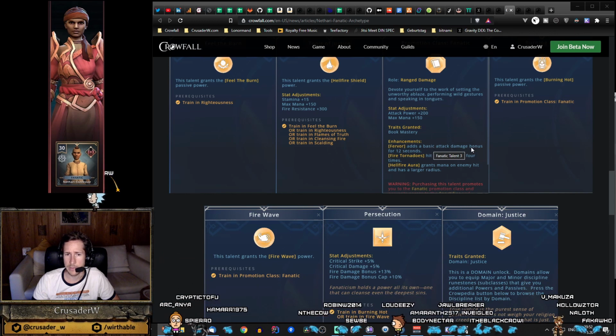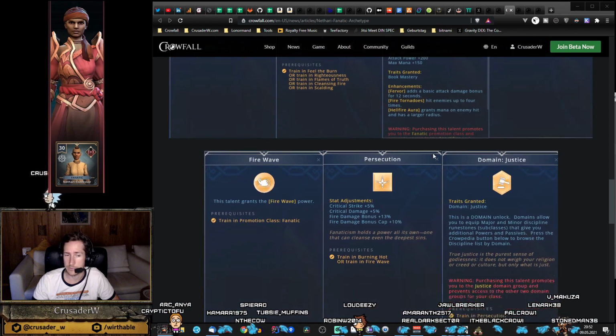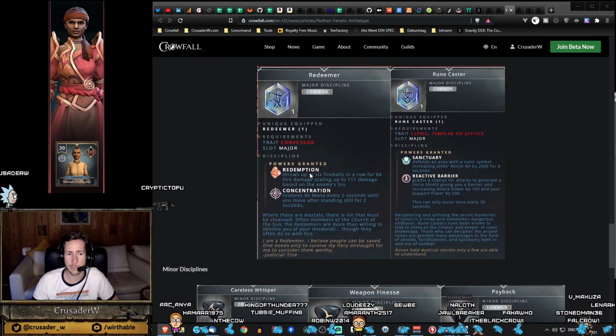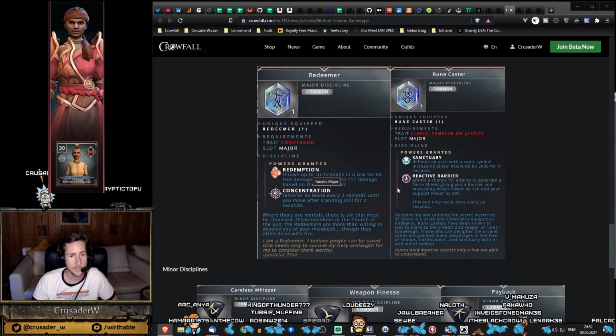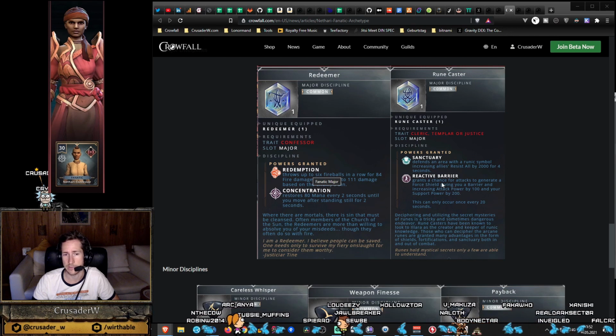Furore also adds some basic attack damage bonus, and Fire Tornadoes can hit the same person 4 times. We go Trusted on that build. Redemption is basically like the Rapid Fire but on a Fire Mage. This is a very good build, and here you get the Reactive Barrier for extra attack power and a little